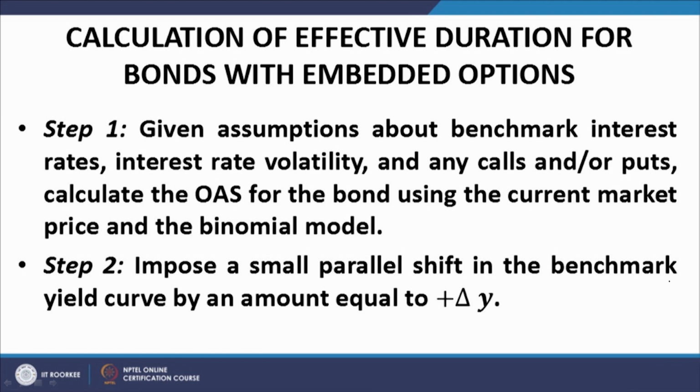So, you have got the benchmark rates, and you have got the interest rate volatility on the basis of which those benchmark rates would be calibrated to give you the binomial interest rate tree. Then once you have the calibrated binomial interest rate tree, you look at the bond that you have with you and you work out the payoffs of the bond, or the computed values of the bond at each of the nodes that constitute the tree, taking into account the option